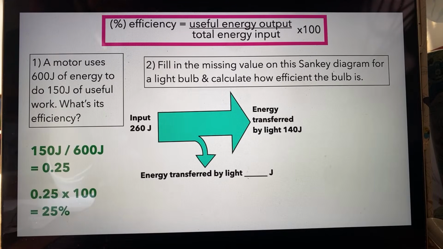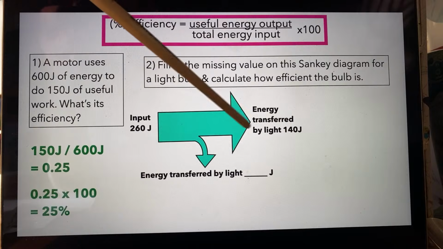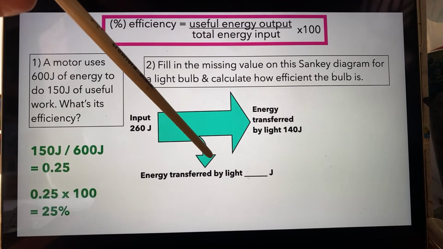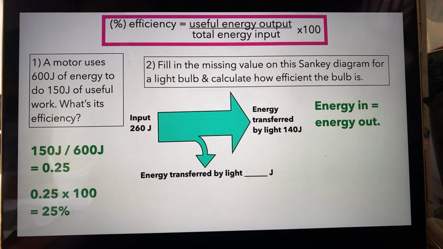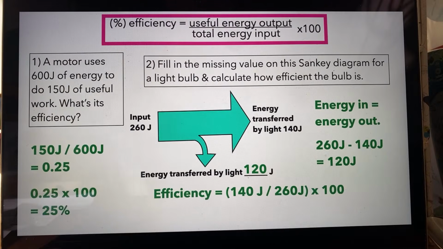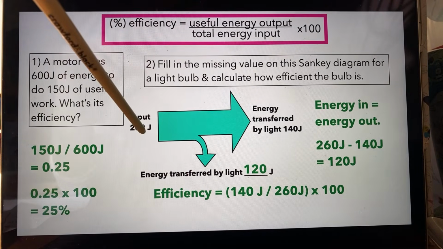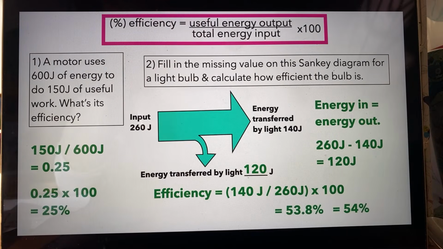Fill in the missing value on this Sankey diagram. Okay, well, energy can't be created or destroyed, so if 260 joules goes in and 140 joules is used usefully, then whatever's left is going to be transferred by light. So it was just the energy in minus 140 joules, which equals 120 joules. So now you know how much energy is wasted. Let's calculate how efficient the bulb is. So it's the useful energy, 140, divided by 260, because that's the energy in, and then times it by 100,